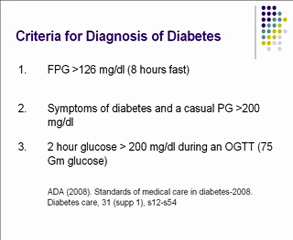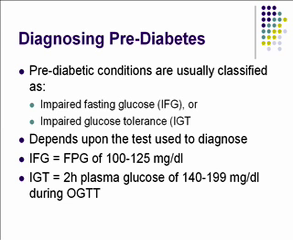This is a big deal for the patient because you're telling them that they have diabetes. They don't have prediabetes, which a lot of patients like to say they have, but this means they have diabetes. How do you diagnose the prediabetic conditions? Usually they're called impaired fasting glucose or impaired glucose tolerance, one or the other, depending on which test used to